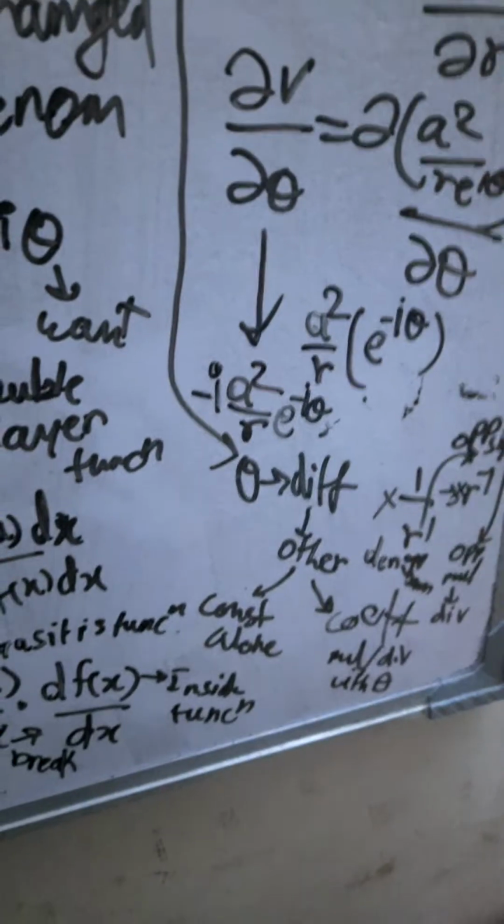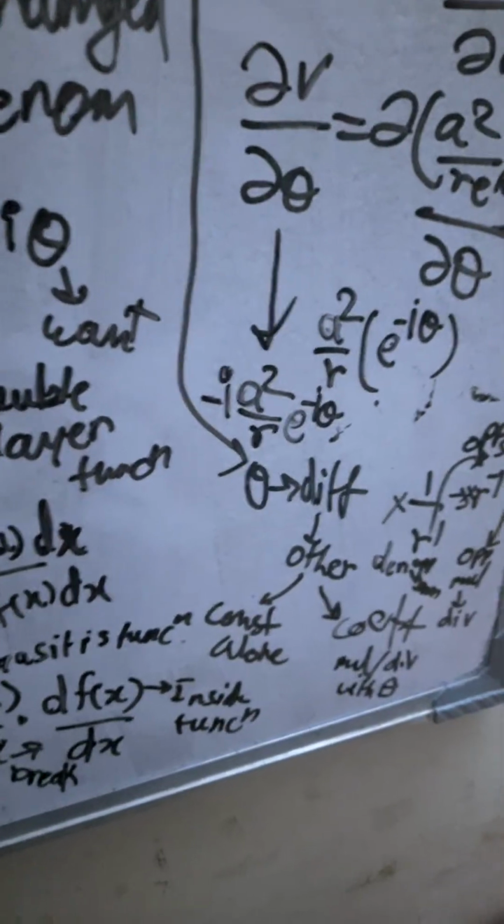Minus i a square by r e raised to minus i theta. Minus i a square by r e raised to minus i theta doesn't look equal anyway. Anyhow, I tried to look at it, but whatever. Del u by del theta